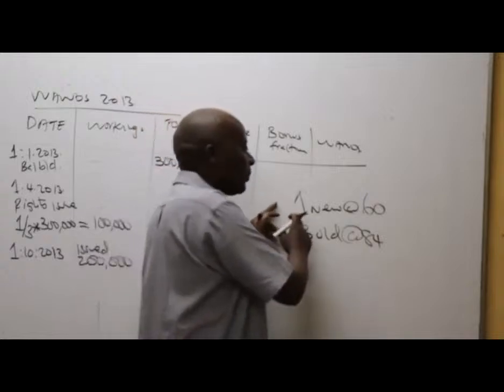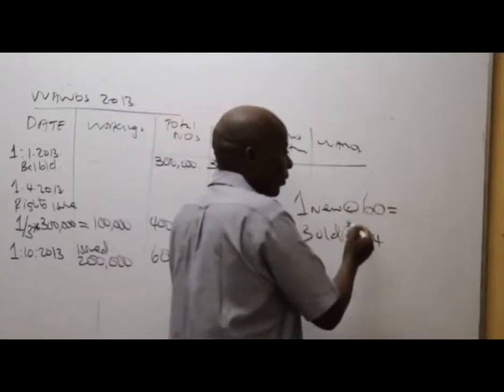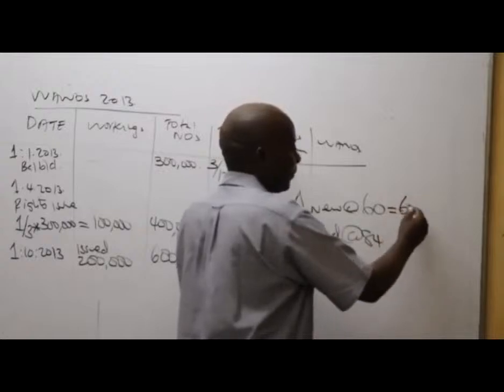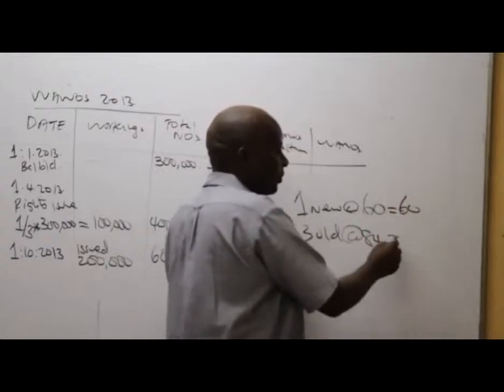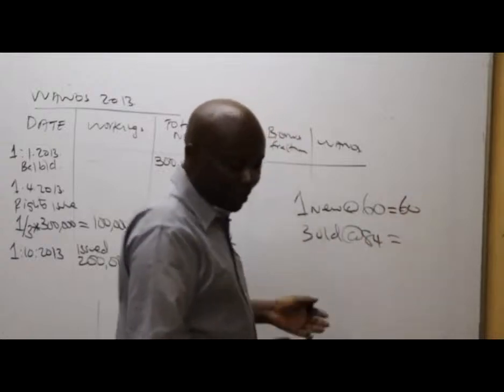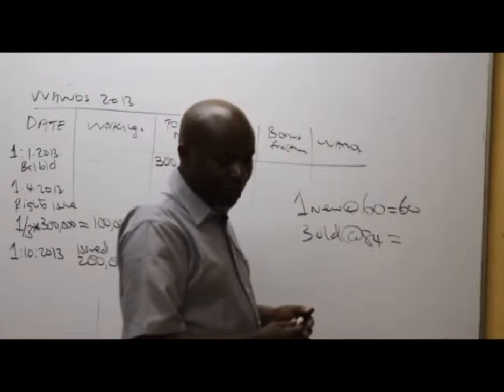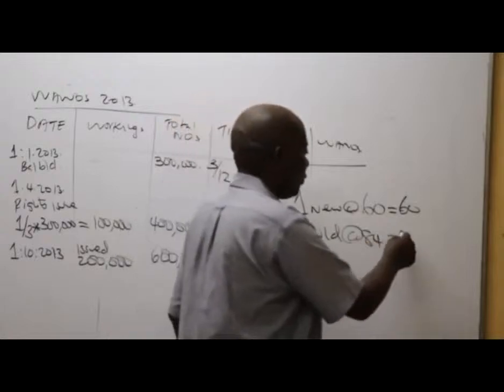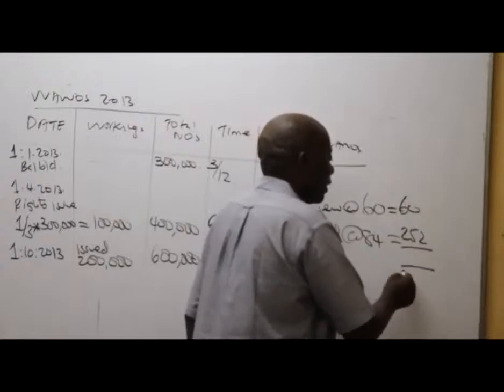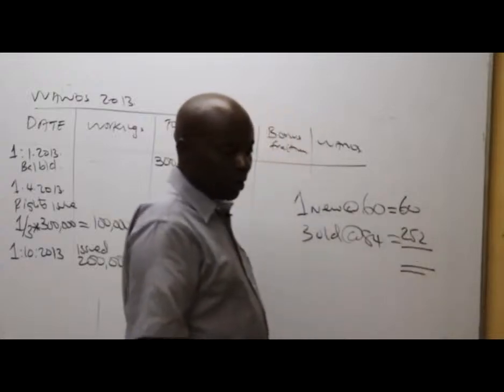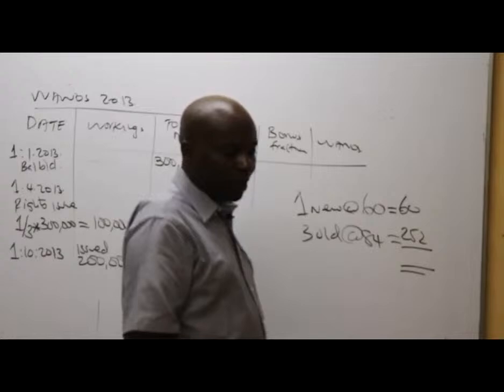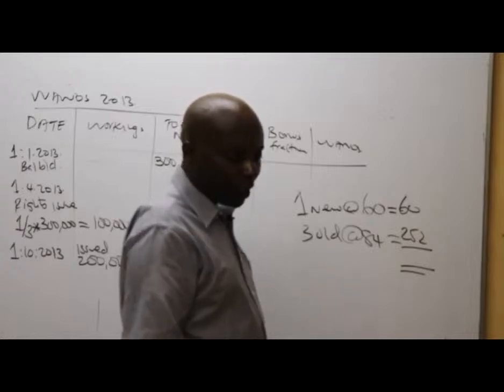So then 1 times 60 gives us how much here, somebody? 60. 3 times 84 gives me how much? Wanasema ni 66 tena. 252. So ukiongeza zote zinakuja ngapi total value? Total value inakuja 314